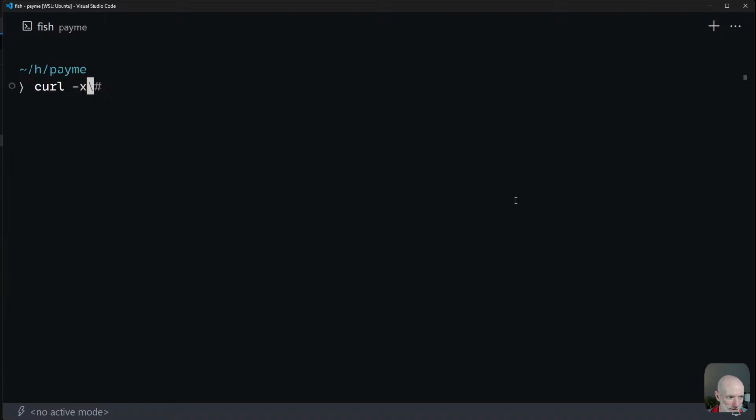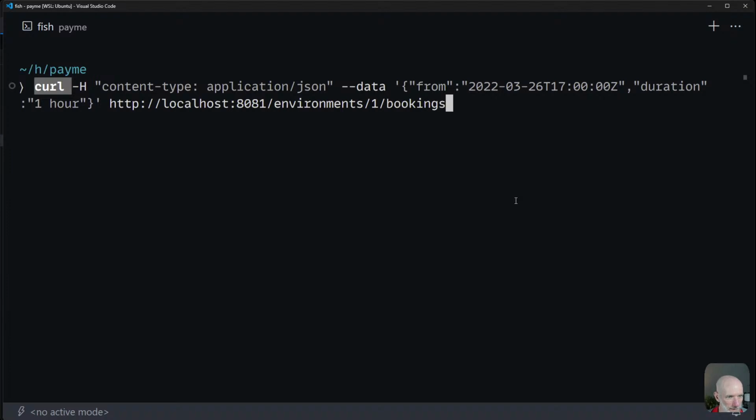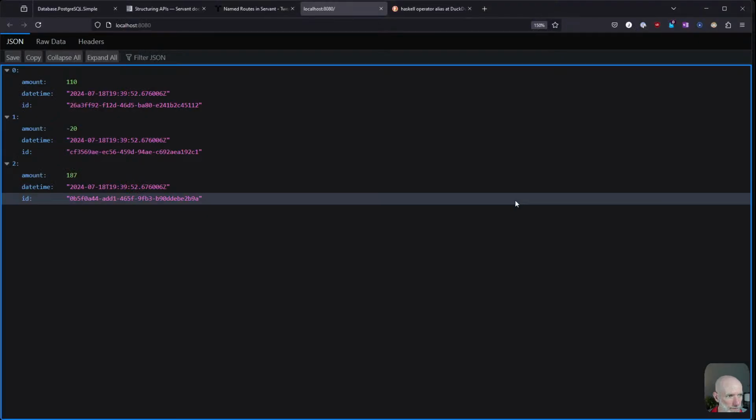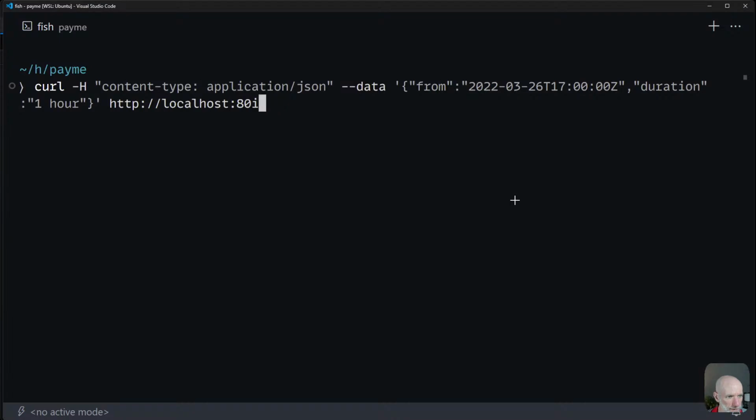Minus X. Minus data. There we go. Okay, application JSON data. This is when I was doing bookie, but I can just post to 8080,